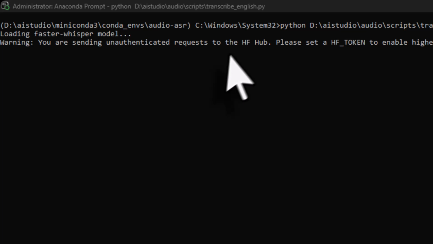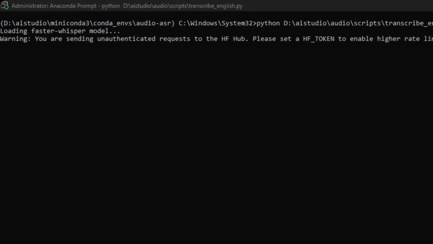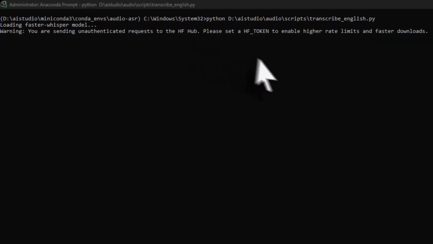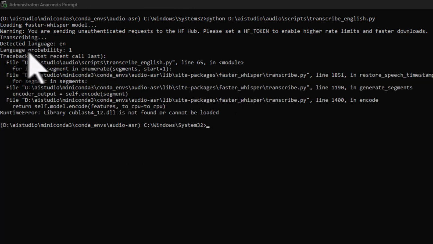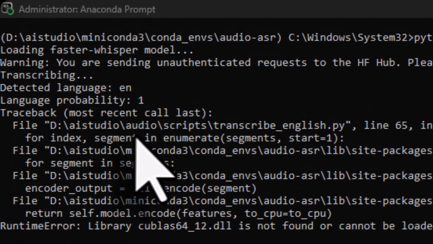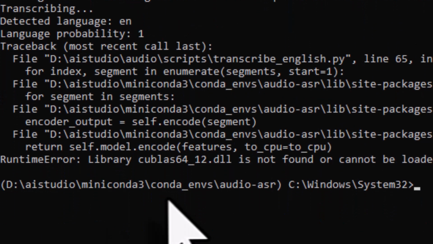Because I am not logged into Hugging Face, it is showing unauthenticated request, and I will show you in the next session how you can authenticate your Hugging Face account. So now I have to wait till this faster Whisper model is downloaded. Now the model is downloaded, detected language is English, language probability is 1, everything is fine, but I am seeing